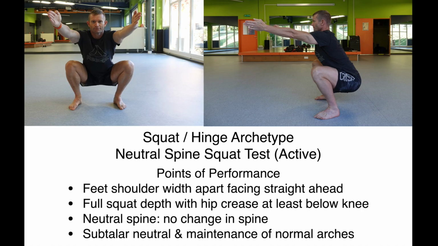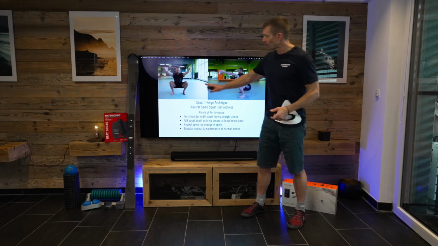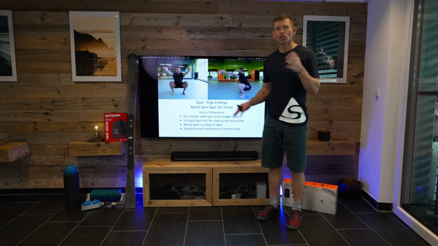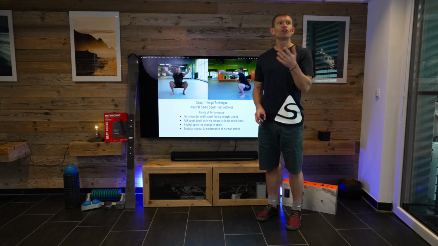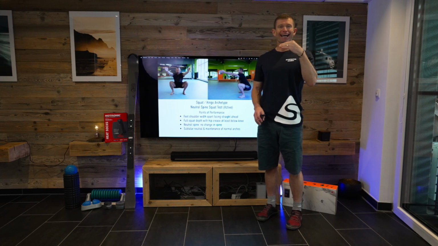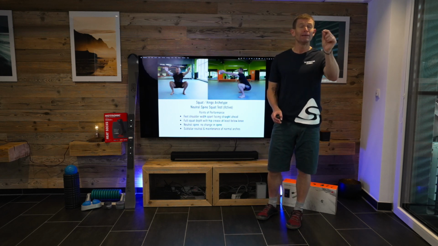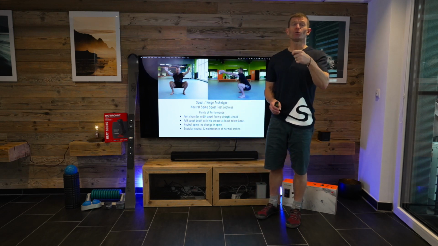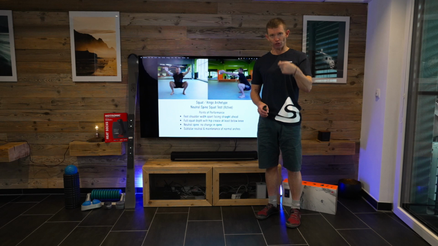So in the squat hinge archetype here, what is very important, as you can see, is I'm in bare feet. I have no shoes on. And I've talked about this time and time again, about the problems when we use our training shoes. Most shoes have a lift, if you're in training shoes, probably of about 8 to 10 millimeters in a running shoe, and in a CrossFit training shoe, let's say a Metcon or a Reebok Nano or something, it might be just 4 millimeters, but it's still a lift. You've still got a heel lift. And a heel lift gives you a compensation to cheat the system, to cheat the ankle.